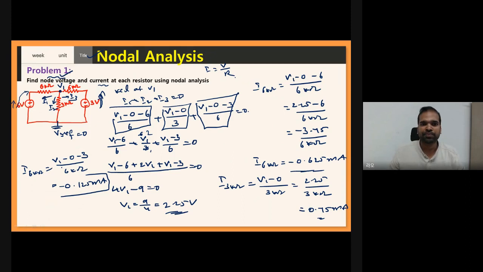So I hope you see that by using nodal analysis, you can find the node voltage. Once you know the node voltage, you can find any other unknown parameter in the circuit. Nodal analysis can be applied to planar or non-planar circuits. And in order to find the node voltage, you need to apply KCL. Once you apply KCL, you will find the node voltage, and then any other unknown parameter in the circuit. I hope that concept is clear to you. Thank you so much.